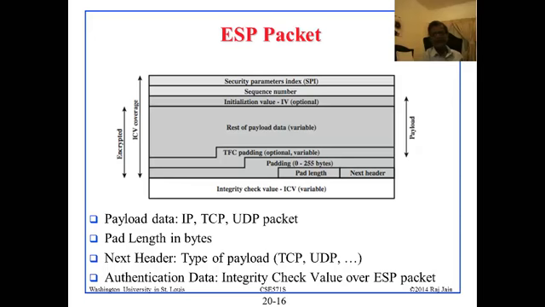And then the ICV is already there. Next header we already know. So I think we know all of the fields in this header. Let's go through one more time. We know what SPI is; it helps us figure out which entry in the table to look at. Sequence number: what is the packet number here? Initialization value, IV, is used in many of these encryption algorithms. And then